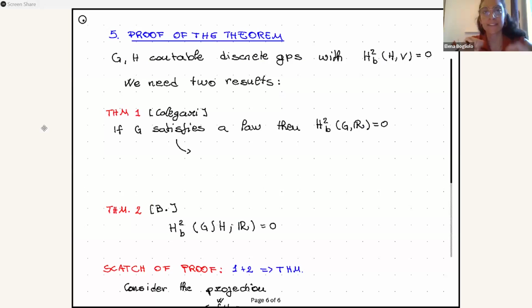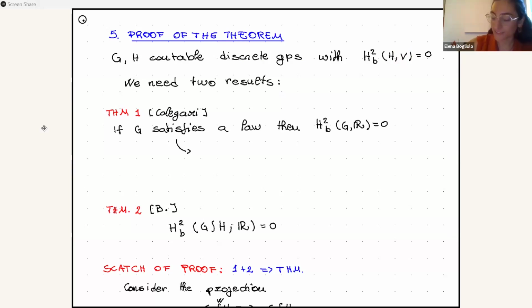Finally, in the last 5 minutes, let's try to have an idea of how this result is proven. So here I recall the conditions that we have. Here, once again, the hypothesis of V is very vague just because it's very technical. So in order to prove the theorem, we need 2 results, one of which is by Caligari and states that